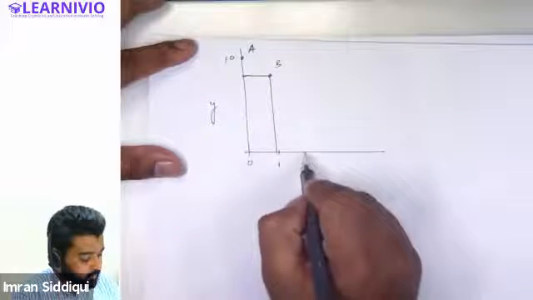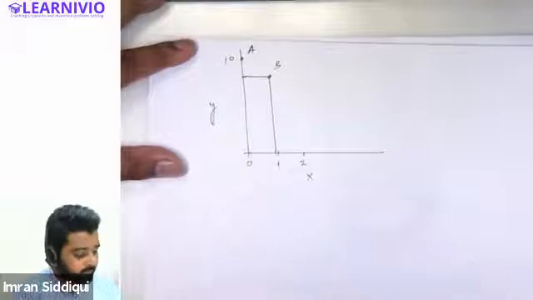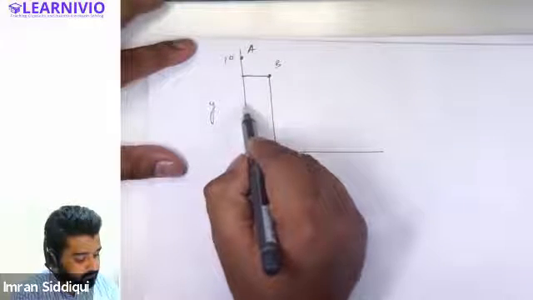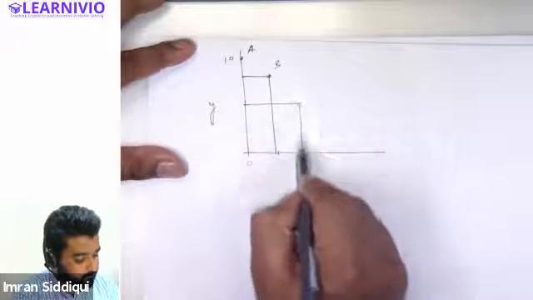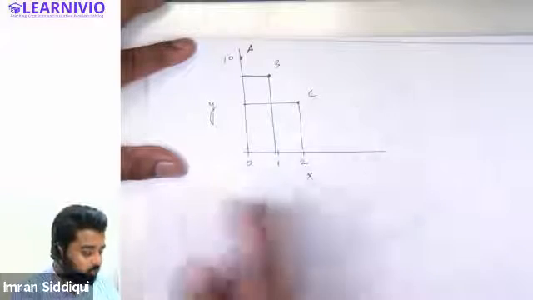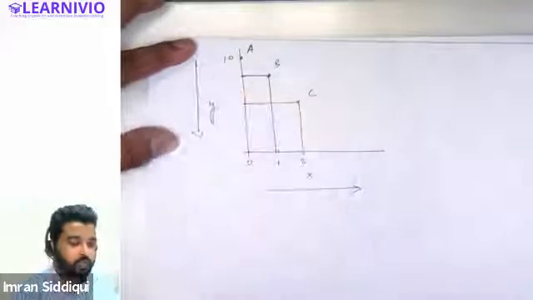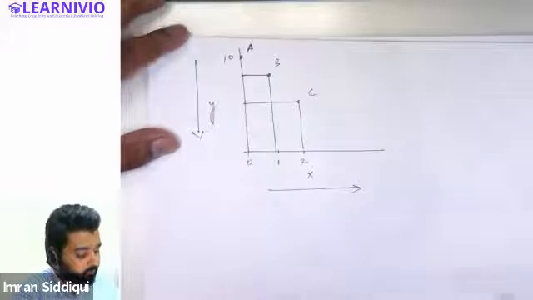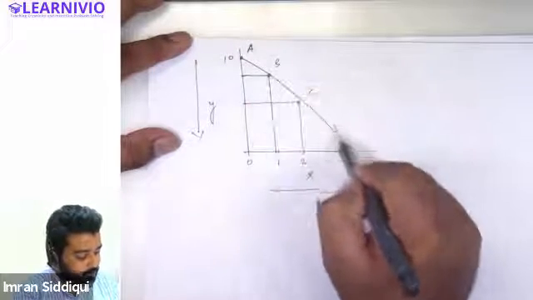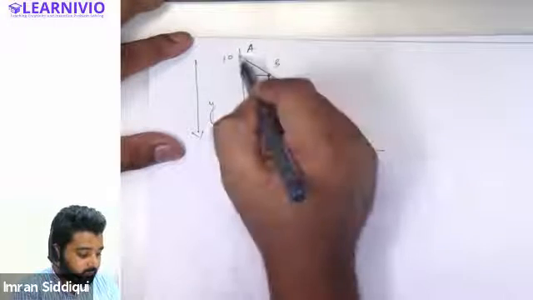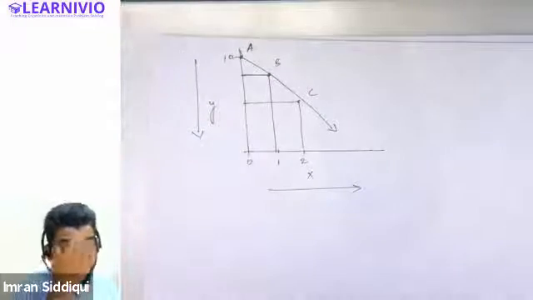And if he wants to increase the production of X again, then he will have to sacrifice certain units of the Y commodity again. This is combination C. So as he wants to increase the production of X good, he will have to sacrifice units of the Y good. Eventually the production possibility curve will be a downward sloping curve like this. It will start from point A and move through A, B, C, D, E, F, and so on.